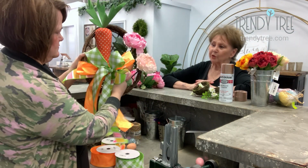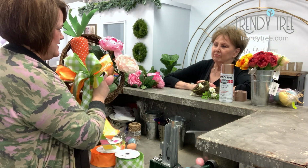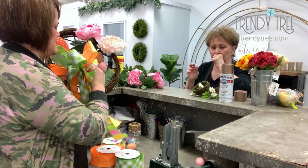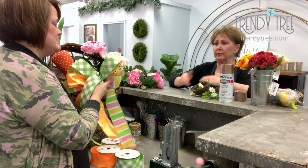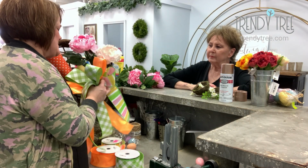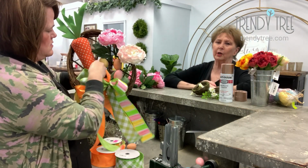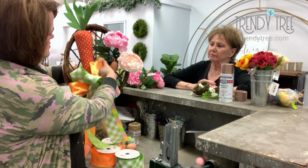Now, there again, would you put hot glue on that steel pick? Depends. If you were going to put it outside, like making a cemetery floral, you'd certainly want to hot glue it. Put a little extra. But this is going to be in a place where it's just sitting. Of course, if you had it on the door, it might